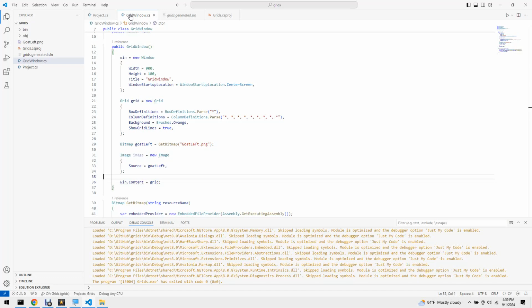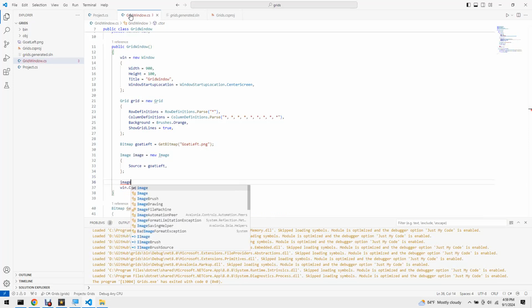Remember, I said a lot of these things are like those nested Russian dolls. You've got a window containing a grid, which contains an image, which contains a bitmap. So we put the bitmap in the image. Let's put the image in the grid. To do that, we have to tell the image where in a grid it would go. So we say